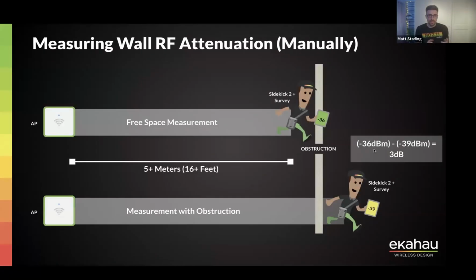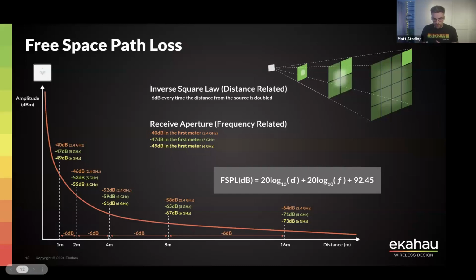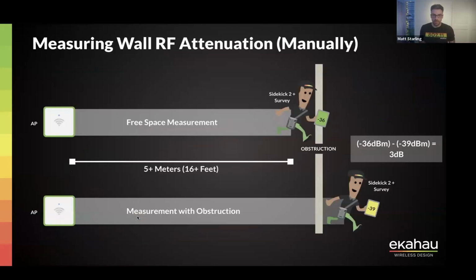And if you ever need to measure a piece of material for its attenuation manually, it's always recommended that you keep a 5 meter or 16-foot distance, because if I just come back a couple slides, when you look at the first 4 meters, if you move just slightly, there's going to be such a big variation in that signal strength. You would see the signal jumping around very often and fluctuating. So being at least 4 or 5 meters away, you'd have much more of a natural degradation, not such a steep curve. So we recommend keeping quite a bit of distance, go on one side, grab your Sidekick 2, capture the signal strength, go on the other side, look at what the signal strength is on the other side, and then that's where you can understand the difference in attenuation of the walls and how it's going to